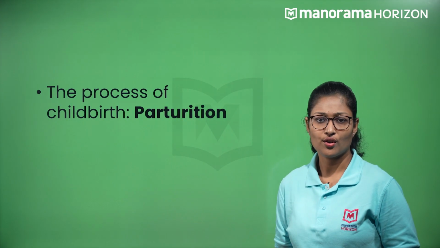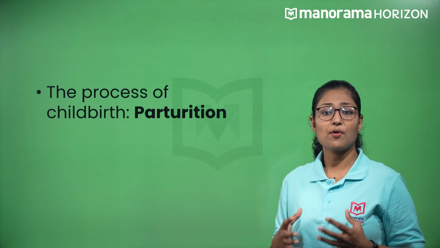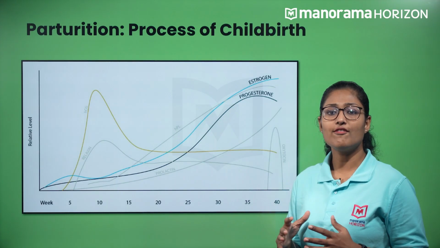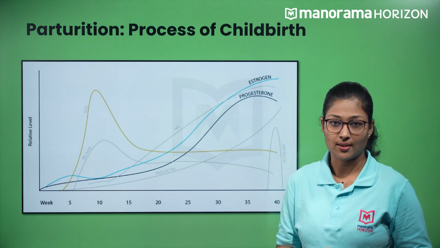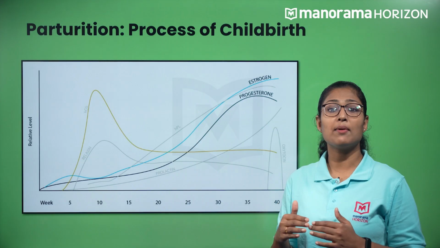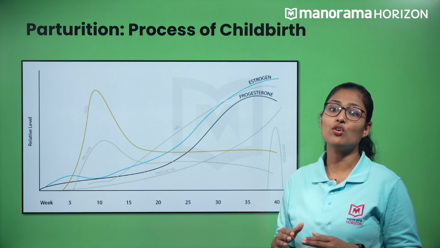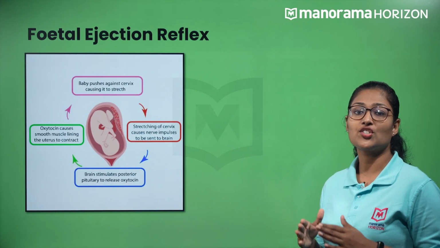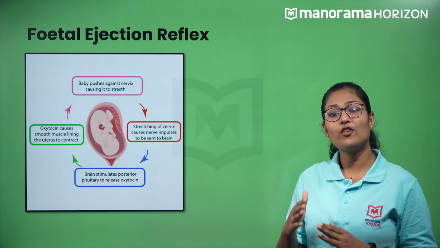I have a question here. What propels the fetus out of the uterus, or what is the process of parturition? Let us discuss this. The high levels of progesterone inhibit the uterine contractions during pregnancy. By the end of the gestation period, the estrogen level in the mother's blood increases, which makes the uterine muscles sensitive to oxytocin. The process begins with the fetal ejection reflex, which includes signals for childbirth from a fully developed